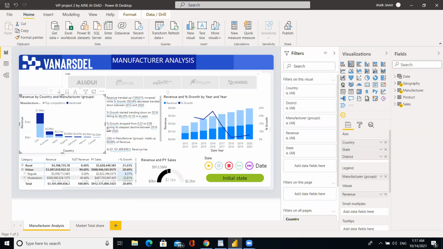This is a chart visualization. We can see a stacked column chart. Suppose I click this chart, you can see the fields, and how we created this stacked column chart by using these fields.